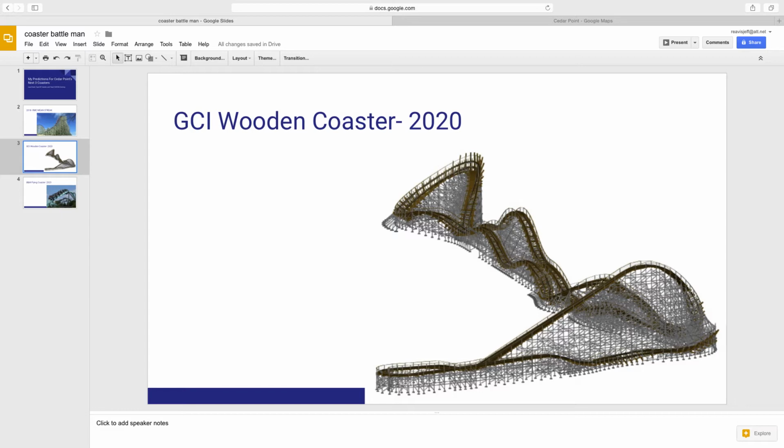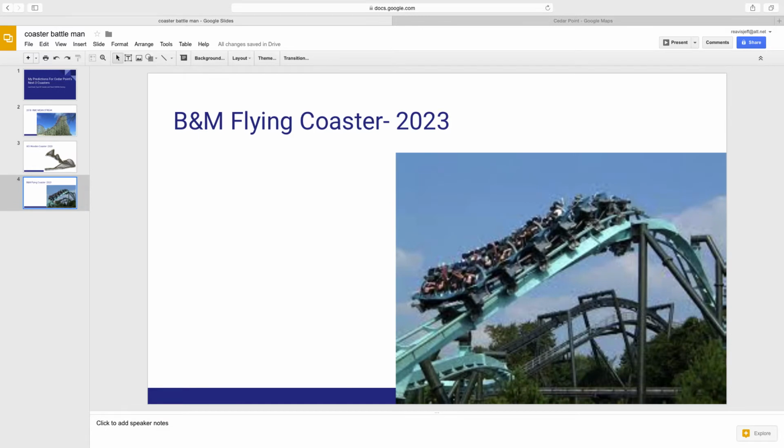150th anniversary in 2020. In 2023, I think a B&M flying coaster would be a nice fit for Cedar Point, because overall, B&M Flyers haven't ever been installed anywhere in the Cedar Fair chain, so I think Cedar Point should be one of those parks to get it first, or you can switch out the GCI wooden coaster and B&M flying coaster. But I feel like a GCI would fit better than a B&M flyer at Cedar